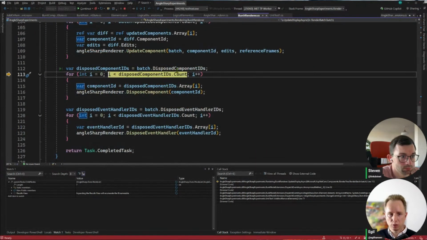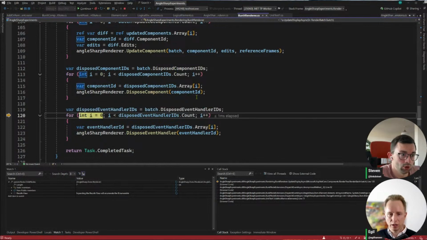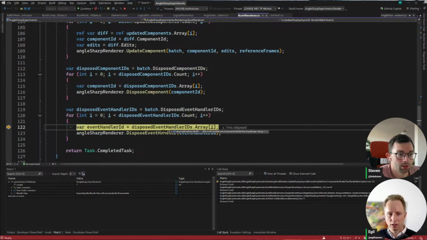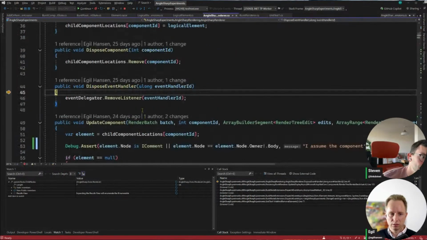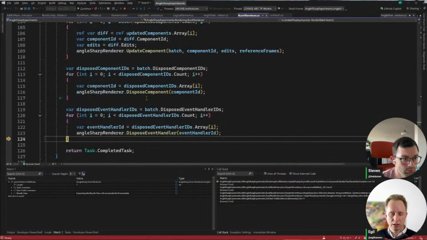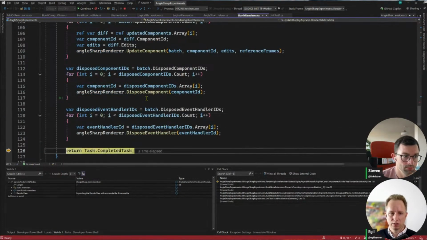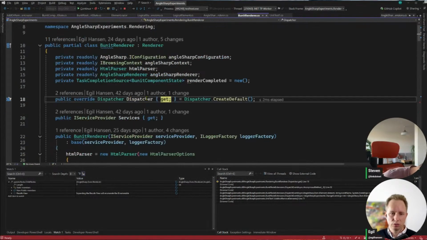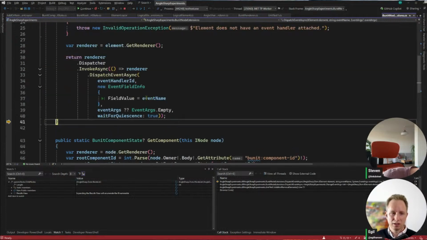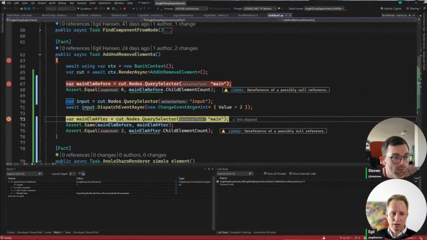Then we have some disposed component IDs. We don't have any. But we have event disposed handlers, event handlers. Yes, and just keep tracking event handlers. I'm not sure we need to, but it's completely implemented. And here we actually get back from our dispatcher that called our dispatch event async